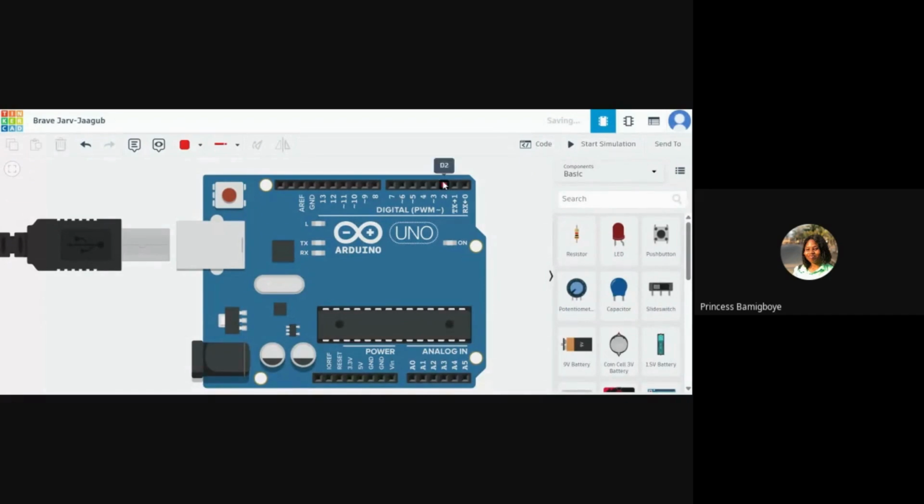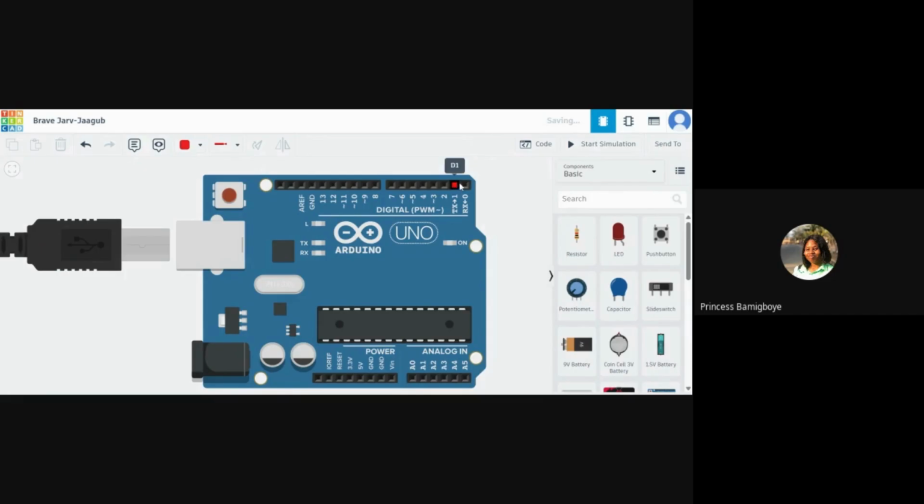So they only have two states, on and off, and they have numbers from 2 to 13. The reason why I say 2 to 13 and not 0 to 13 is because pin 0 and pin 1, should you connect any devices to them, you may obstruct or interfere with the data that is being sent between your laptop and the Arduino when you're programming it. So I'd advise that you not do that, because you may just be interrupting the transmission and